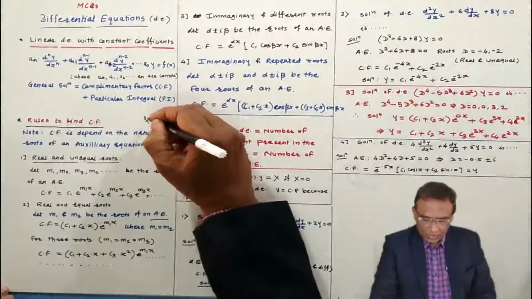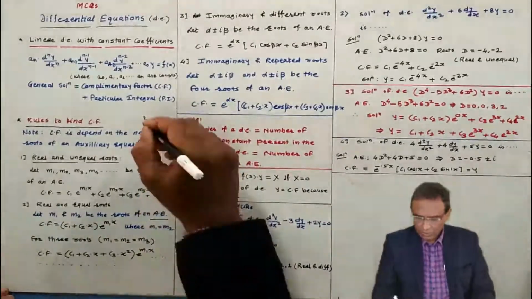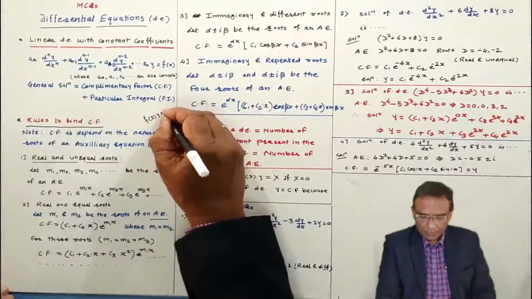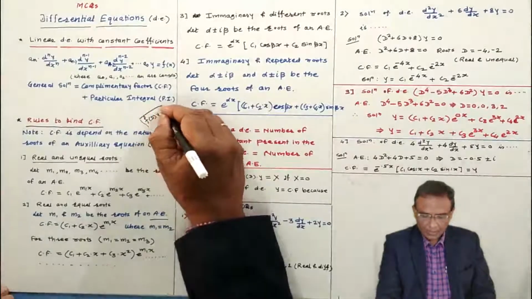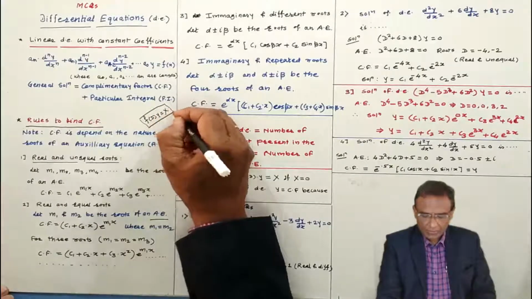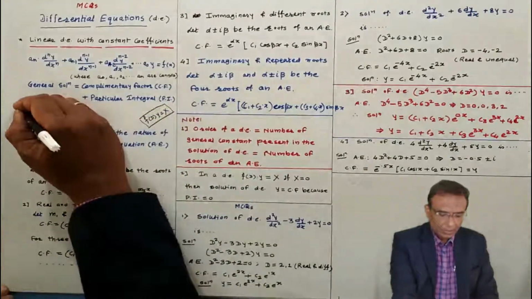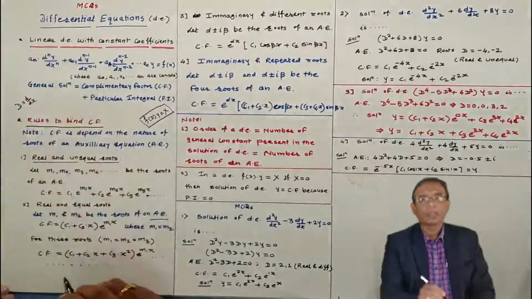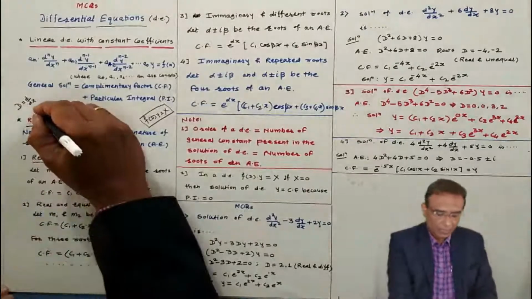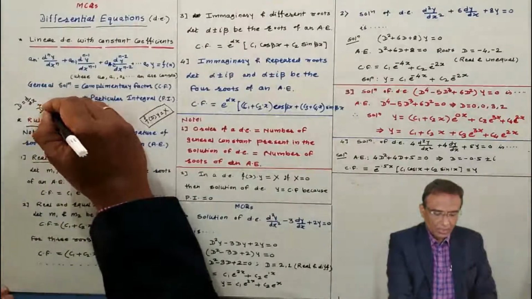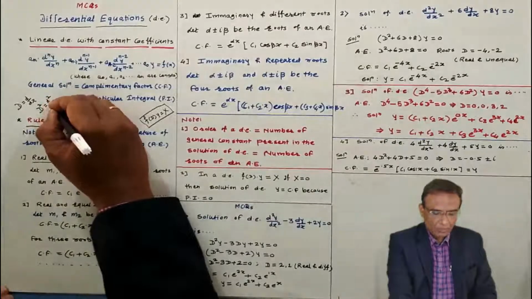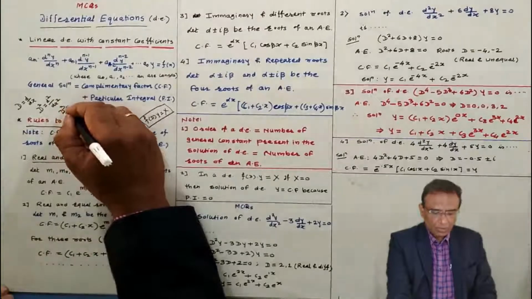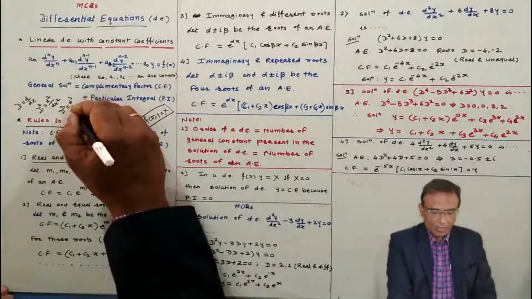In short, I tell you, this is a standard differential equation: f(D) y equal to a function of x. This is the standard linear differential equation. And throughout the chapter, D is the derivative with respect to x. I will denote the derivative with respect to x by capital D, and consequently D squared is d2y by dx squared, meaning the double derivative with respect to x. D cube is the triple derivative with respect to x, and so on.